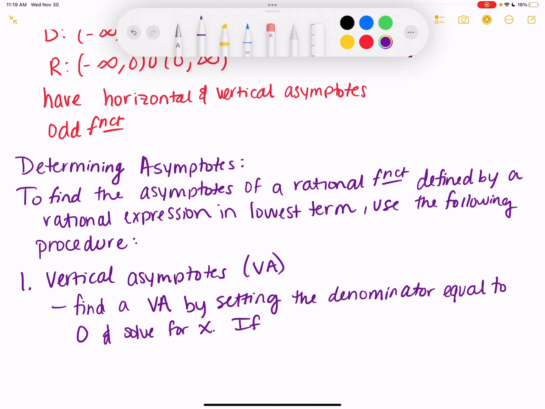Solve for x. If a is a 0 of the denominator,